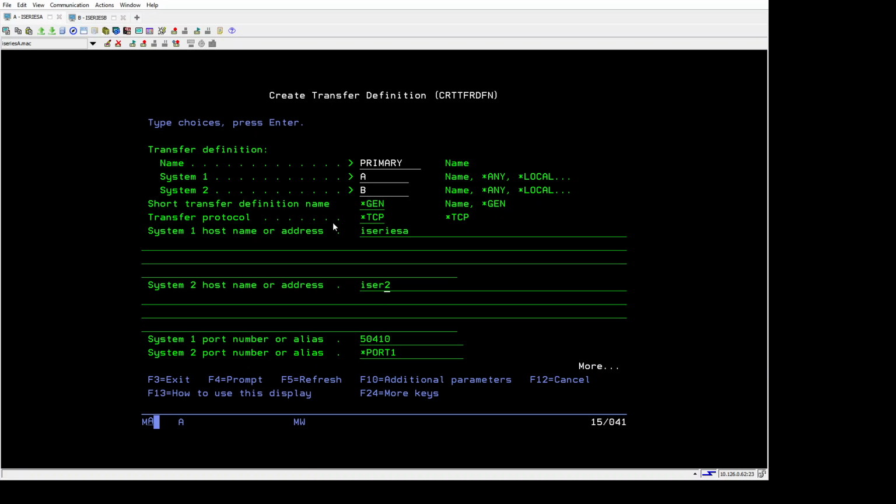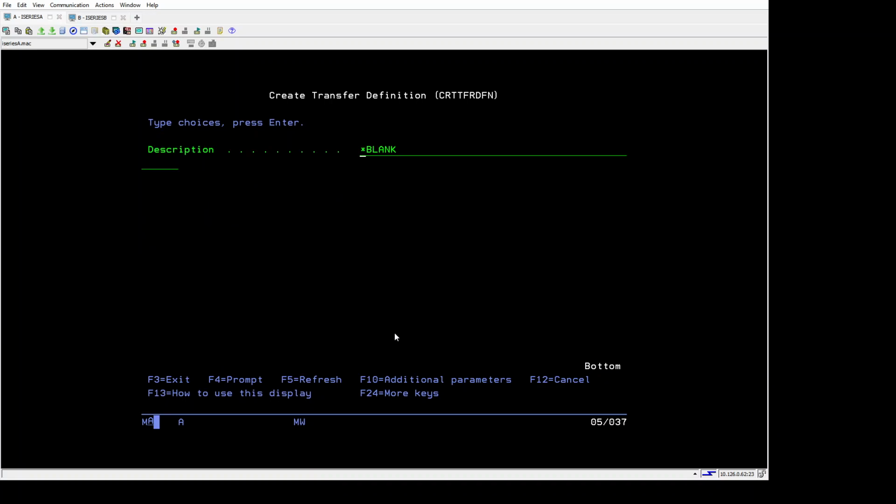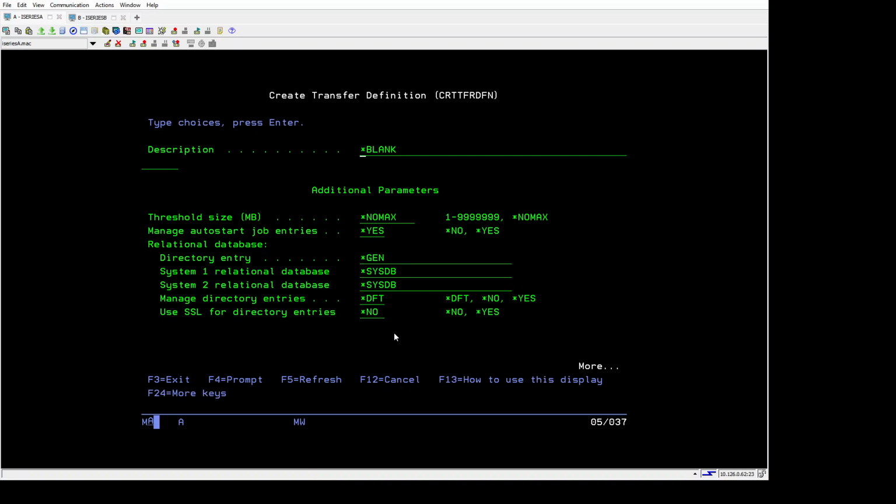I use my host names. The port you can use the default port, or you can change it a little bit, but it needs to be available in the network, of course. I'm just going to leave the default. Page down, hit F10. I recommend just leaving all of these parameters as defaults,